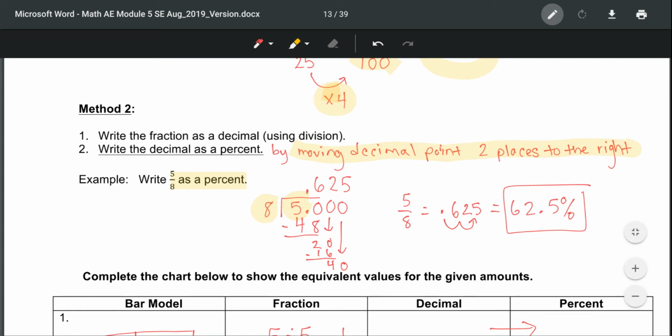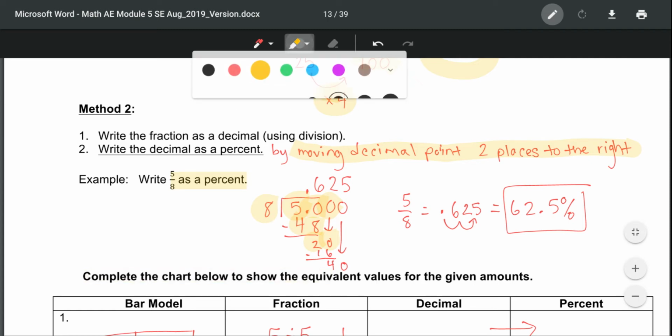Okay, so 8 goes into 50 6 times. 6 times 8 is 48. Then 50 minus 48 would be 2. Since 8 doesn't go into 2 evenly, you have to add another 0, bring it down. So 8 goes into 20 now 2 times. 2 times 8 would be 16. And then 20 minus 16 is 4. So